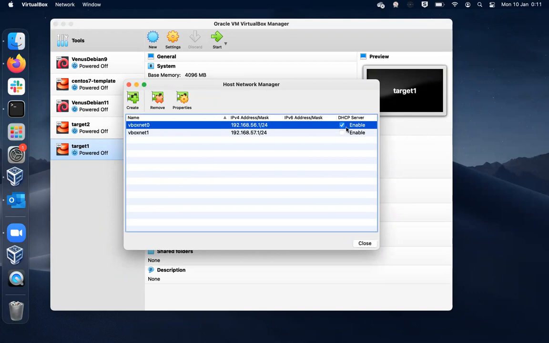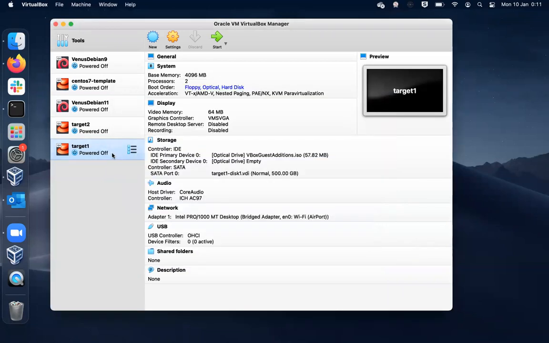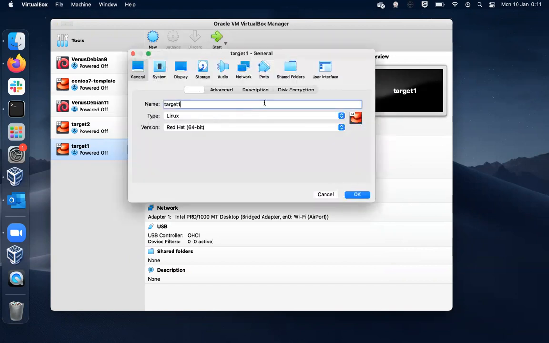So here we can see the checkbox has been selected, which means that virtual machines on this host will have the 192.168.56.x network available with them. So we will use this method on the virtual machine target one, which is a CentOS box, and the settings of interest are